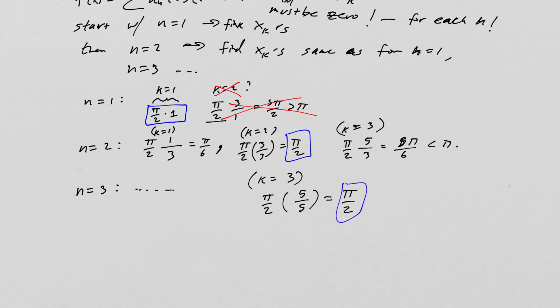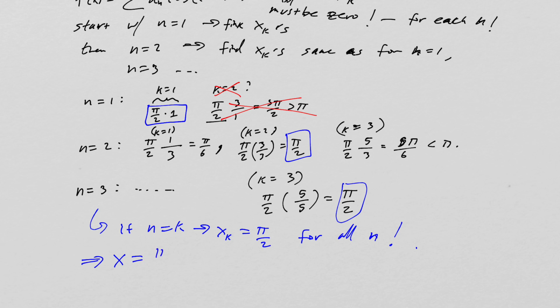We have it. In fact, we found out that if n equals k, then the xk root will always be pi over 2 for all n. So as long as you can keep finding these, and we certainly can, we know that the root, of course, is pi over 2. So our conclusion is x equals pi over 2 is a root